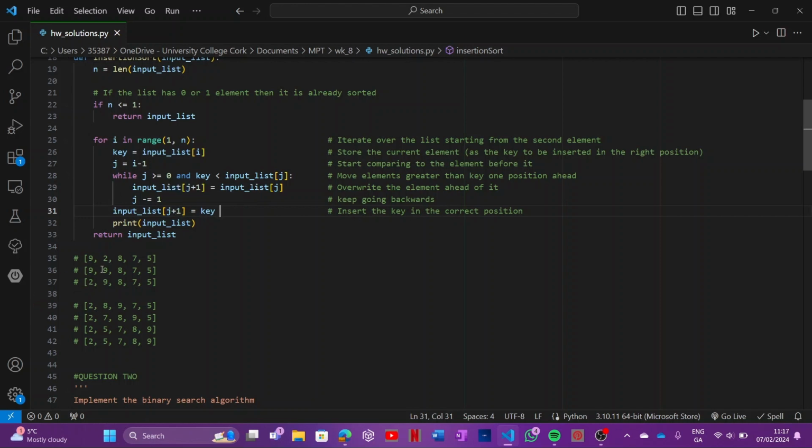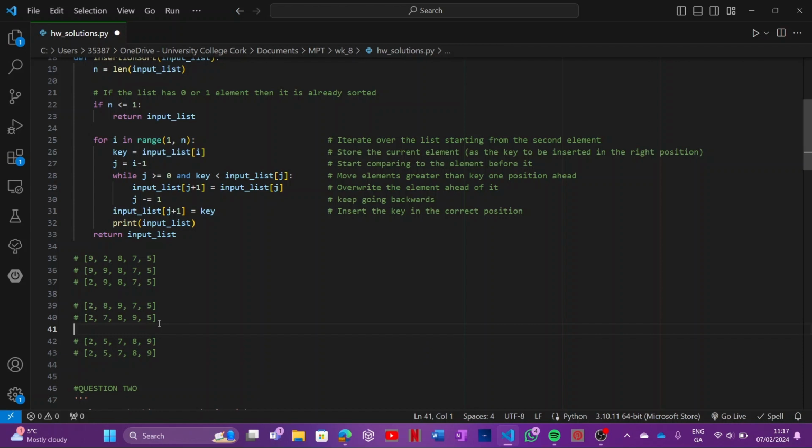We need to step back 1 index and make it equal to the key. So here we're saying, okay, we've gone too far, step back, and I want you to make that index equal to the key because that's where it's supposed to go. So basically what we've done here is we've checked these 2 items, we've copied that one over, checked if there are any more items, and then because there are no more items, we can say, okay, this is the position that it must go in. So I'll just give you another example. I think it's down here in the list, just so you can have another example of how it might look